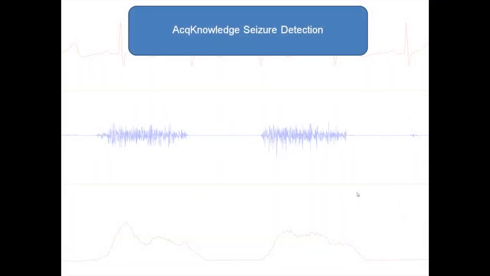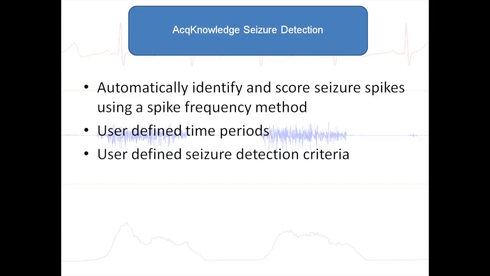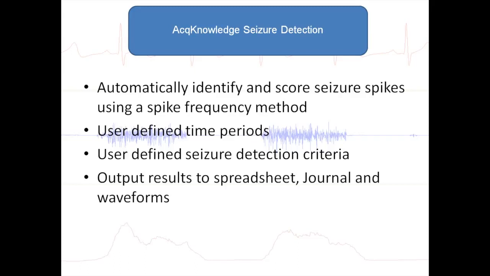The following screencast will provide a demonstration of the Acknowledge seizure detection utility. The system will automatically identify and score seizures using a spike frequency method. The system will allow the user to create certain rules and time windows that are used to determine how many spikes occurred within each epoch, and based upon the user rules, the system will classify whether a seizure occurred within a particular epoch. The results of the analysis are output to a spreadsheet, a journal file, and can also be